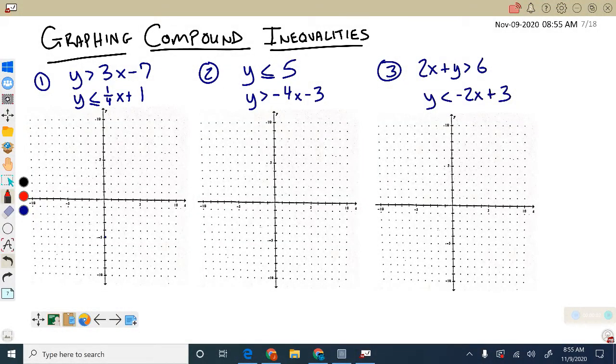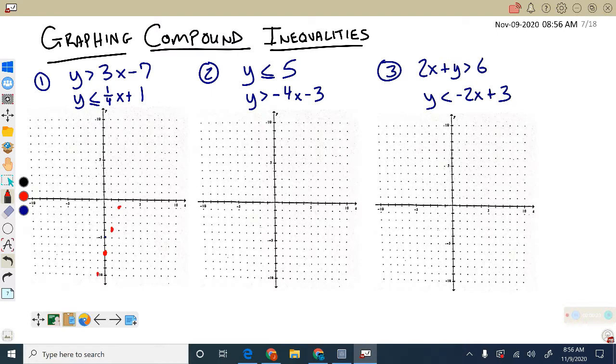This lesson on graphing compound inequalities is no different than the last lesson. You're graphing inequalities on a coordinate grid, except now we're going to be graphing two of them on the same grid. So all you do is you do one at a time. So this 3x minus 7, your first inequality, starting at negative 7, up 3 to the right 1, up 3